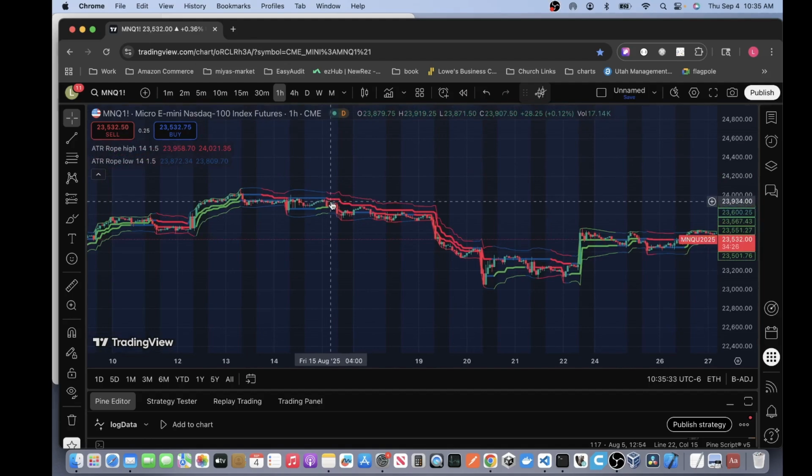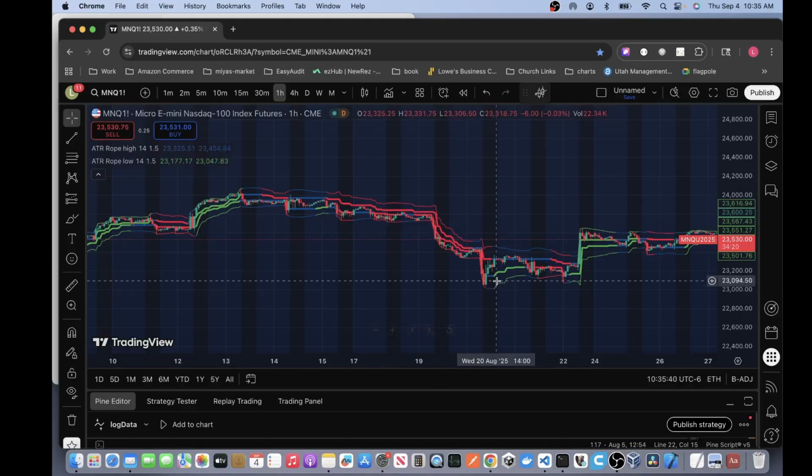As soon as these lines turn red, you can expect downward momentum, and sure enough, it does. When they turn green, you can expect upward momentum. A little bit of a counter example here. It doesn't really go anywhere. It starts going down again, it turns red again, and then it goes green again, and you get